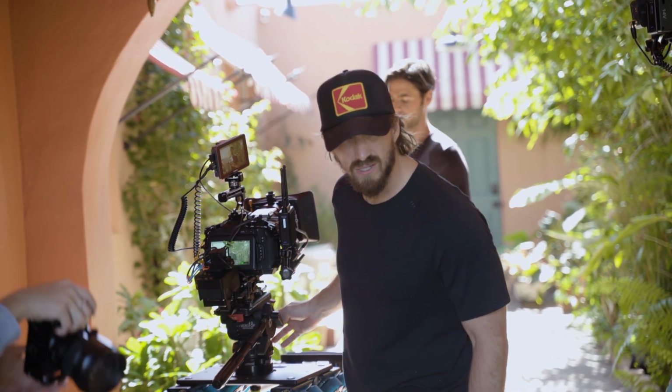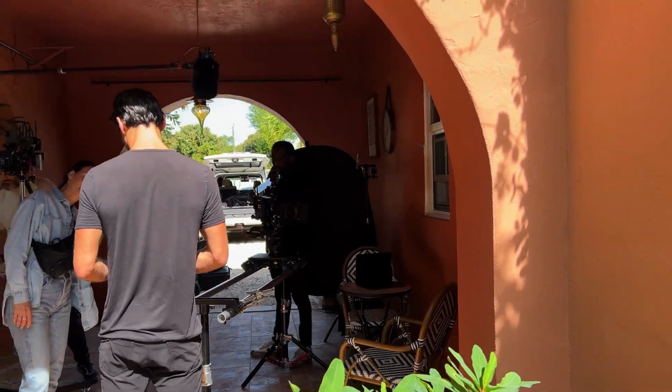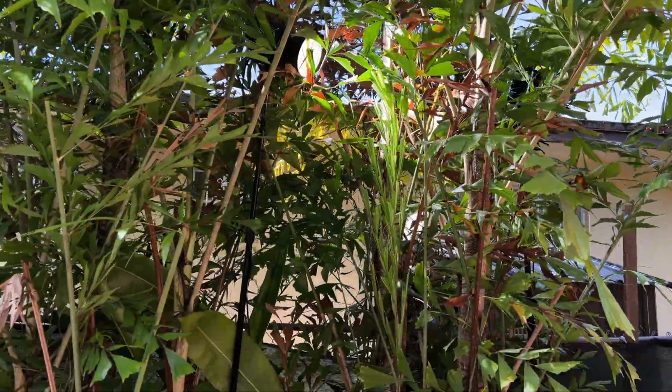Otherwise it would have been frontal, but we're working off the sunlight and that's kind of what we wanted to do. So all we did here was, again, we took the B500 this time. I didn't have it for the first project. Put the reflector dish on it, and you can see I just tucked it in those trees, and it just barely stayed out of frame, which is great because it's compact, easy. I can put it on a very lightweight C-stand. Got as close to the fence as I need to, put the dish on it,